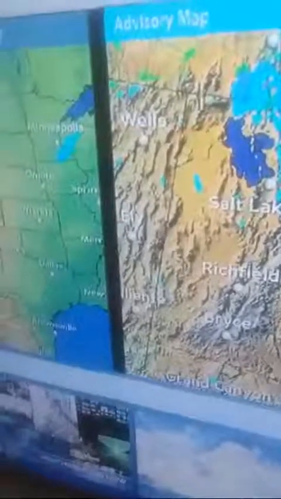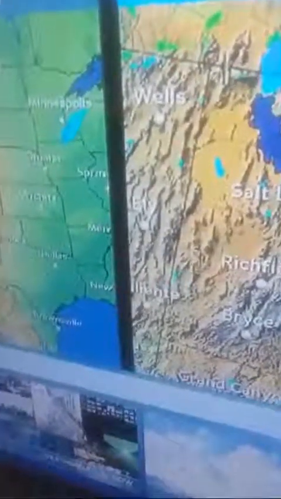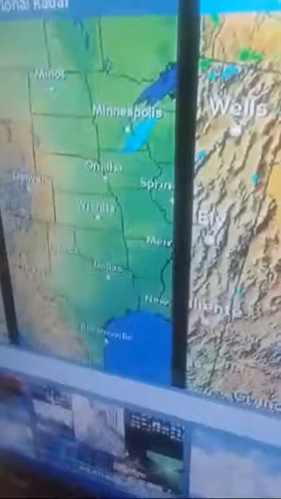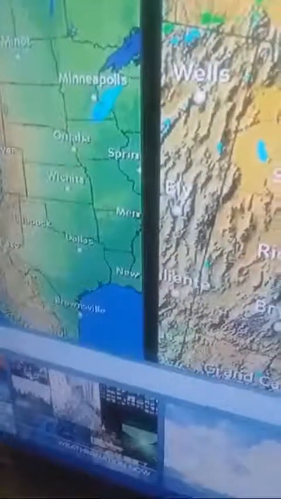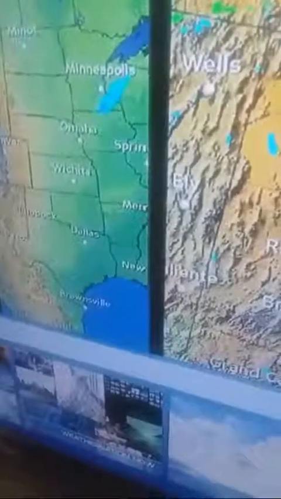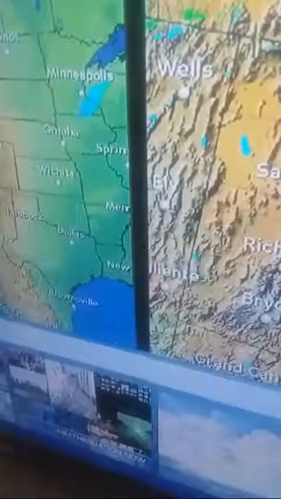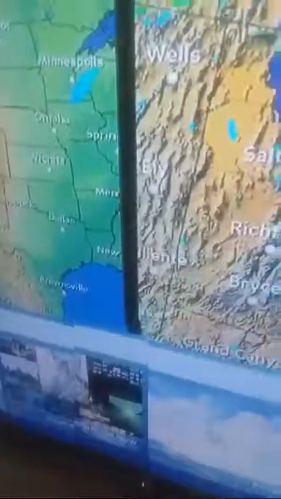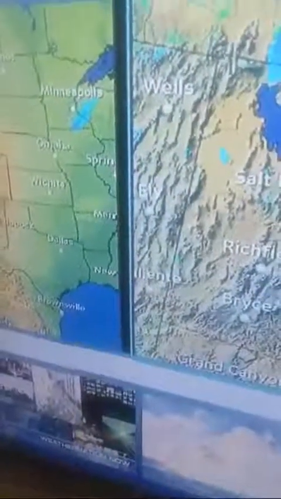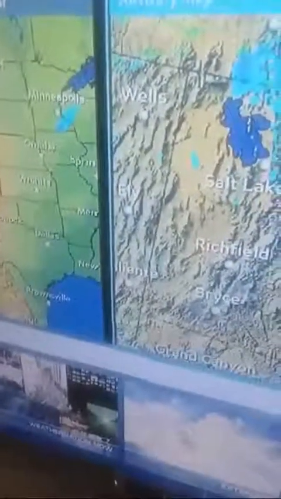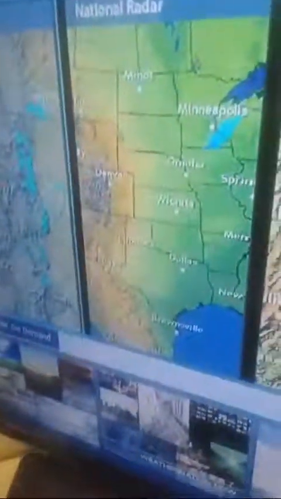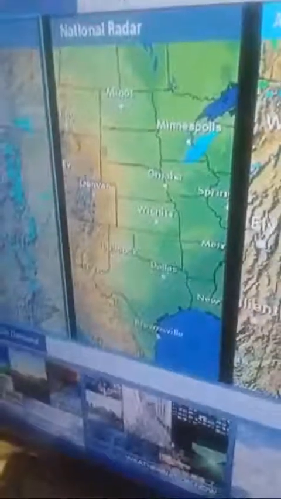So I know that you're going to be able to get streaming views of the National Weather Service right here. You've got the radar, the national radar, and you also have the advisory map right here. So I guess a lot of the things that the weather newscaster, I guess you'd say, and the weather team are able to view at the weather center, you would still have access to from your television set, which I think is pretty neat, by the way, instead of having to